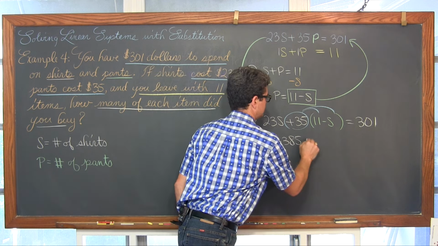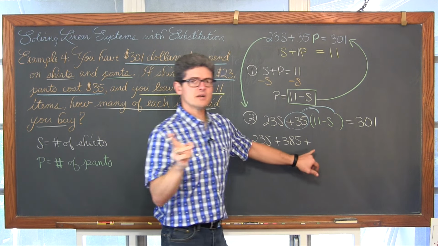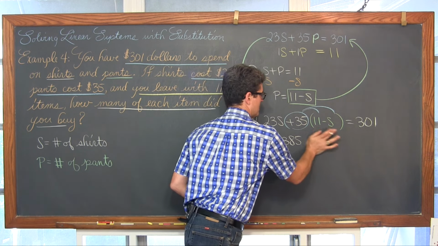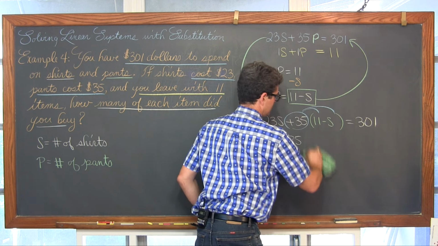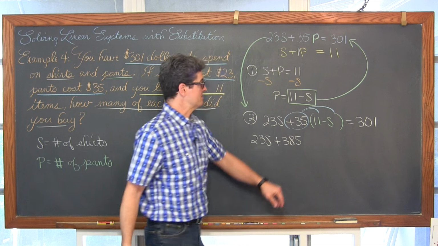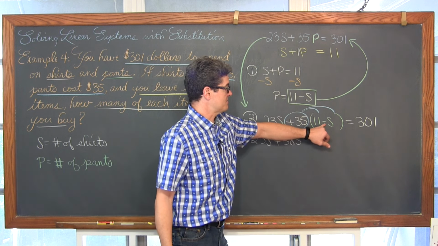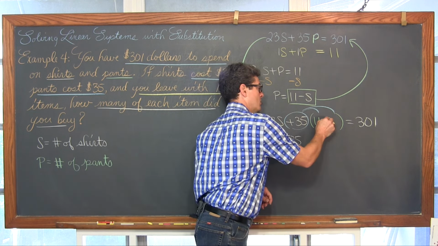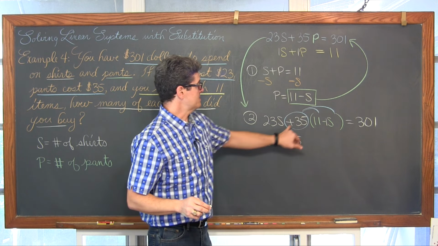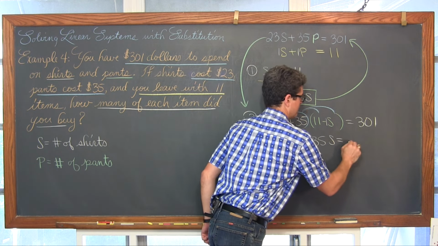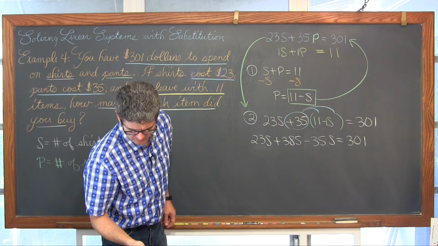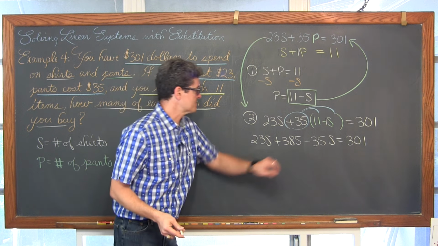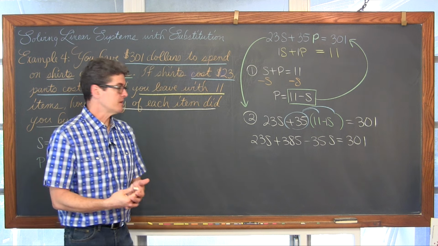So 350 and another 35 is 385. And then, whoops, that's a bad habit, don't ever do that. I wrote a plus sign before actually doing the math. Don't figure out a plus or a minus until you've actually multiplied. That's a positive 35 times a coefficient of negative 1s, so it's negative 35s, equal to 301. Just make sure that really was 385. Yes. Let's go ahead and combine like terms.